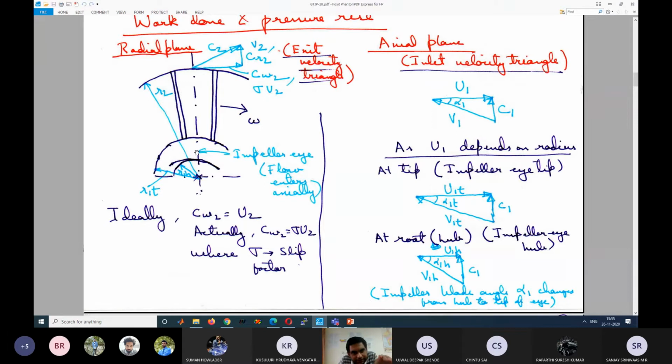At this point, the blade is still rotating, so it is moving with velocity U1, in the wheel direction. So you can see here the axial and wheel direction. In this case, you are able to see the wheel and radial direction, you cannot see the axial direction. Here you can see the wheel and axial direction, you cannot see the radial direction. So this is the axial direction of the flow, and this is the blade velocity. Relative to the blade, the flow enters at a velocity of V1 at an angle alpha 1. So this is the flow relative to the blade at the inlet.